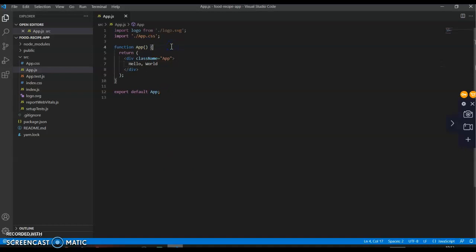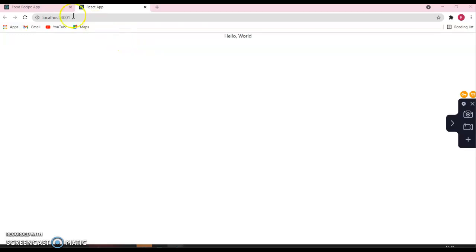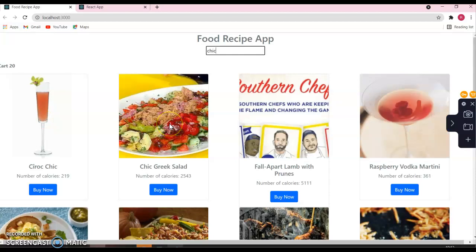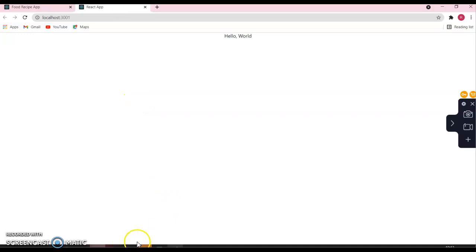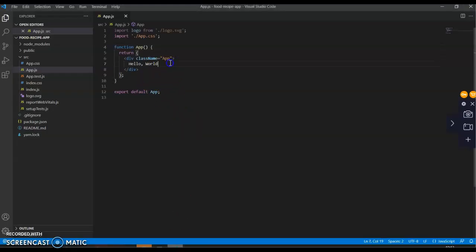Now what do we need? We need a header row, something like this. We need some input text box to enter the recipe name, and we need all the cards like this, recipe cards I can say. If you see this, everything is a card here. This is a card, this is a card, this is a card, and it has some title and some content. Here I'm just mentioning the number of calories for each food, and we need to build this. So we need the header, so let's start with that.